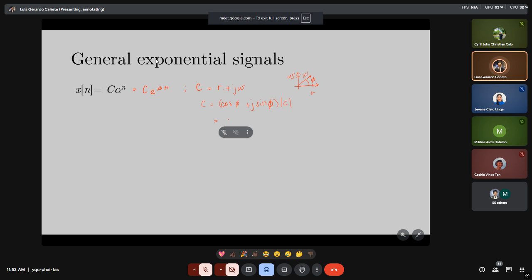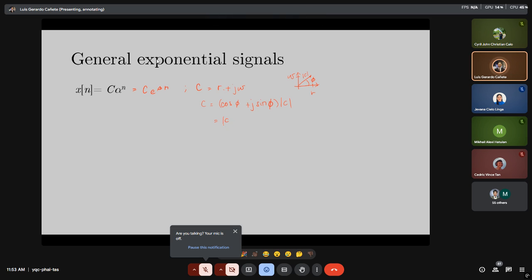So this means that we have the magnitude of c multiplied by e to the j phi. Okay, so if we can write down the c part as having this polar representation, then we can rewrite this as c e to the j phi times